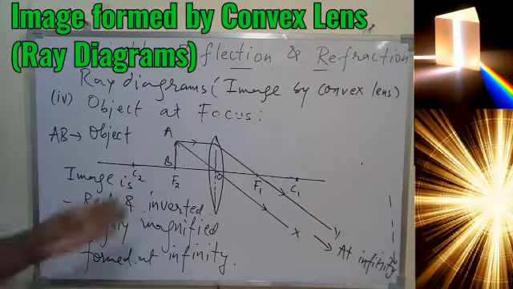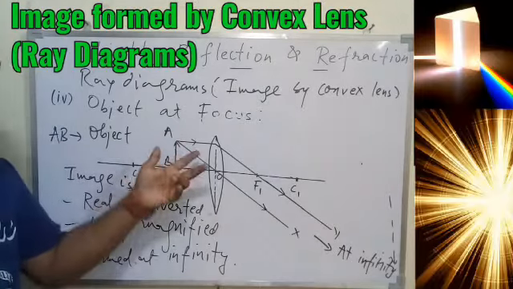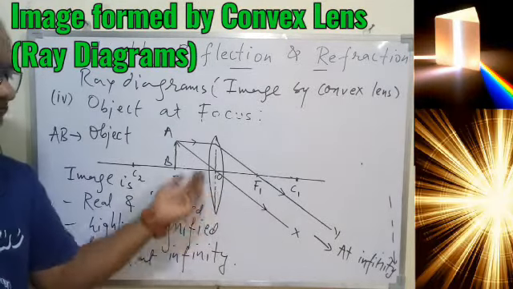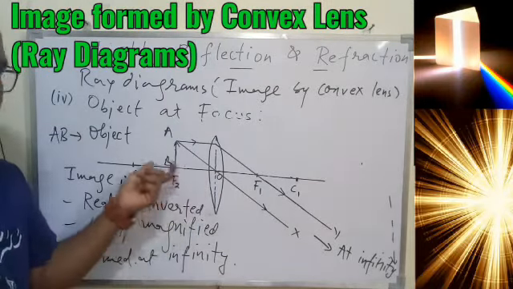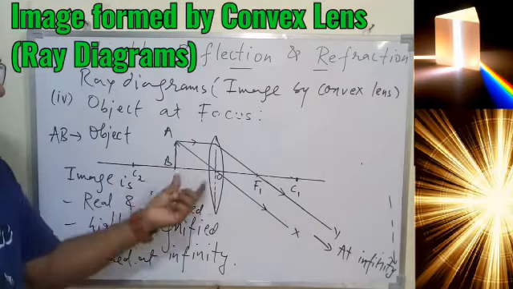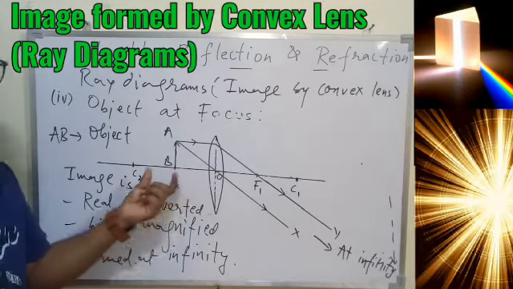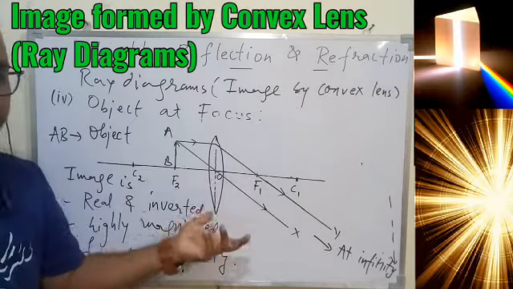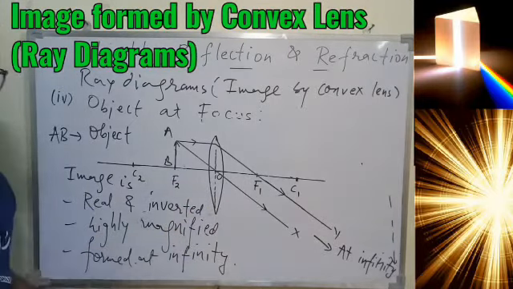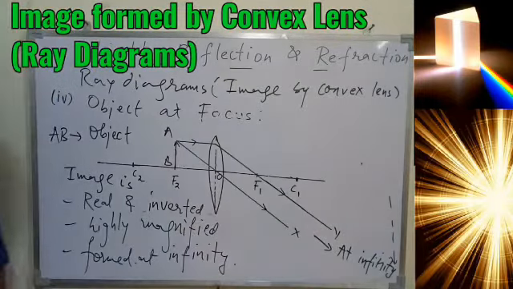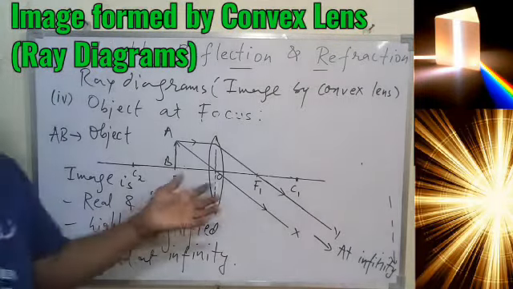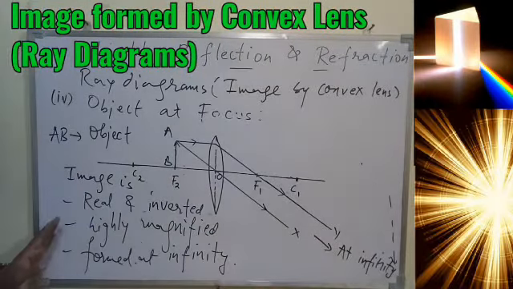If the object is placed at focus of the convex lens, then the rays will become parallel to each other after passing through the lens, that you can see in the diagram also. This will come only if your measurements are perfect. If there is a difference of 1, 2, 3 millimeter, then they may converge or diverge, and in that case your entire characteristics will change. That is what you have to remember. So I hope you understood. When the rays become parallel, we believe that at infinity they will converge, and the image will be real, inverted and highly magnified, and it will form the image at infinity.